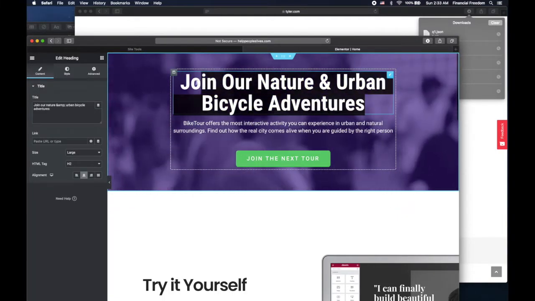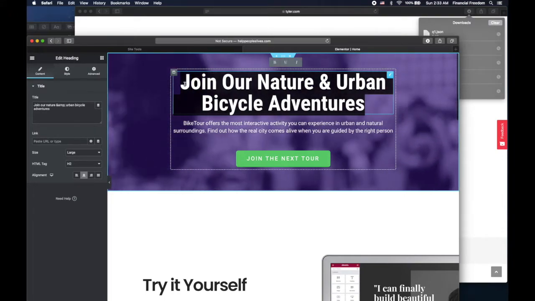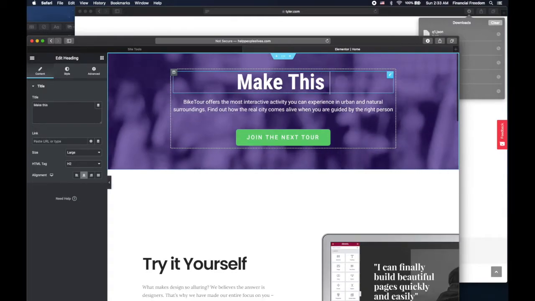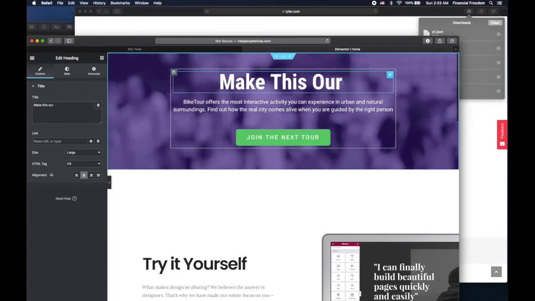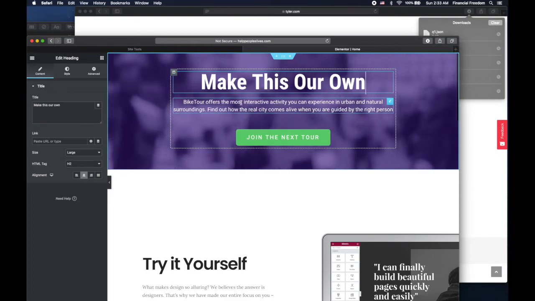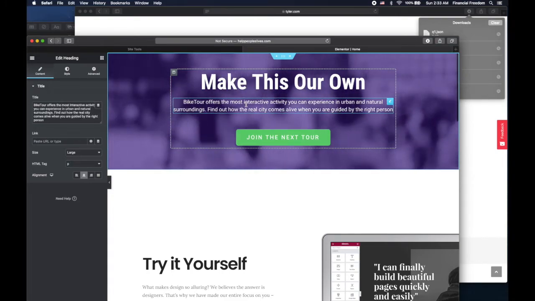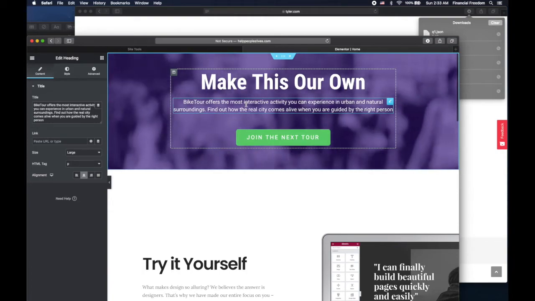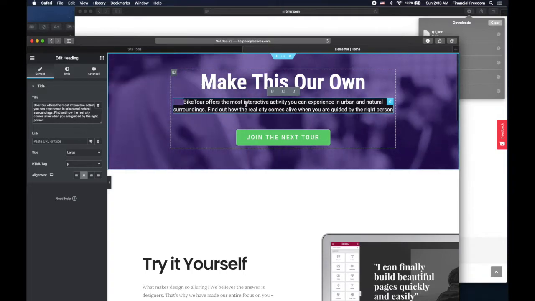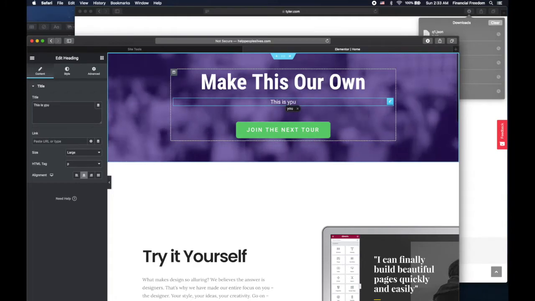Let's go ahead and highlight it and go ahead and change the wording. For me, I'm just going to put make this your own. I put our, but I go ahead and change it. And then we'll change right below it. We'll go ahead and change the information that's in here into this box. By doing the same thing, you can highlight or just do it from the box on your left. It's up to you, but I like to just highlight, delete, and put